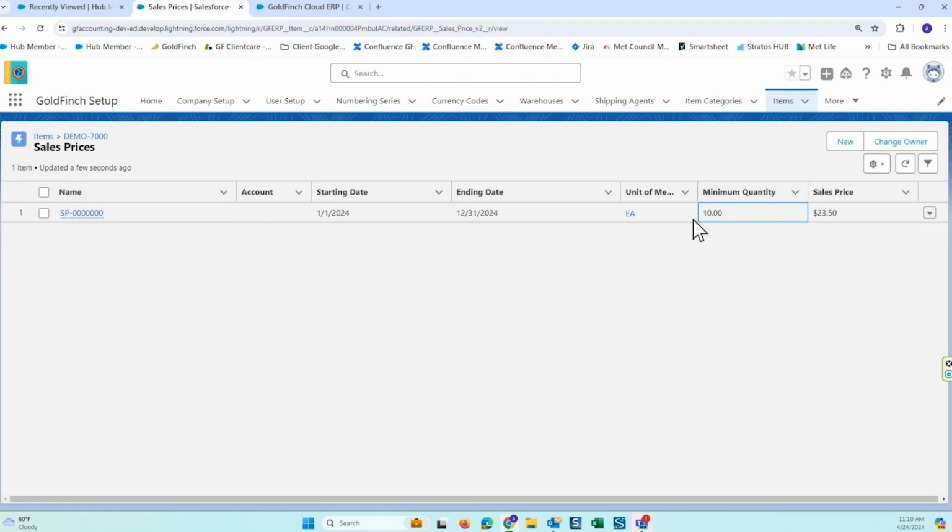So you can have a lot of different pricing in here based on the date range. It's always going to be based on the date ranges. So if you have new pricing structures set up, you can define all of that in here based on the date ranges. You can also define per account or per customer. So if you have special pricing for specific customers, you can have them set up here to have their own